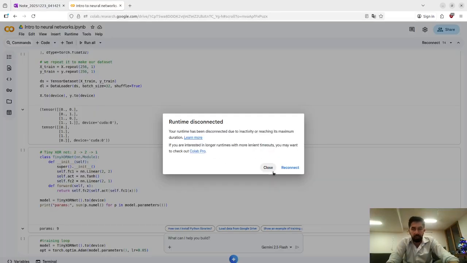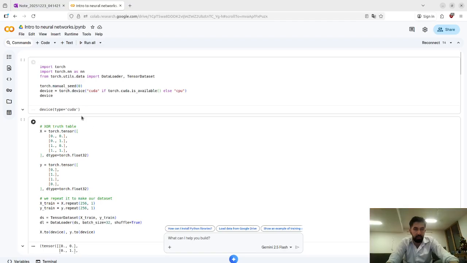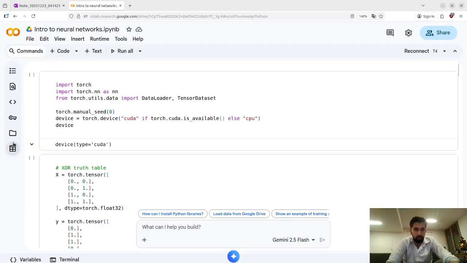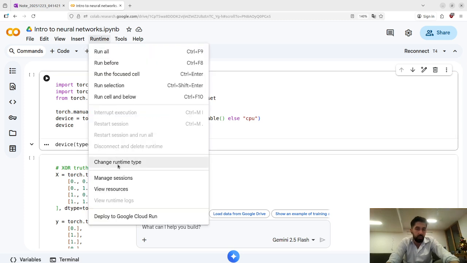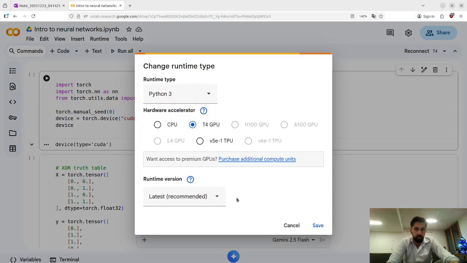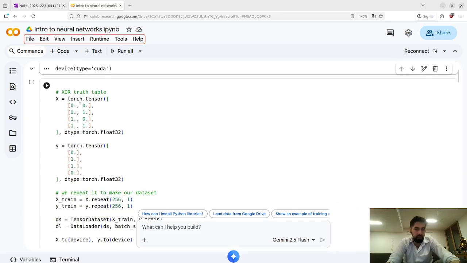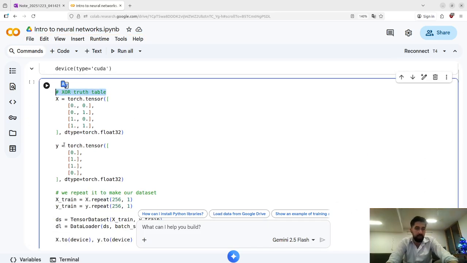So let's look at these tiny two examples I put over here. First we initialize, we try to turn on the GPU. Don't forget to change the runtime type to GPU to make it run in parallel. Here I'm doing the XOR operation, and in case you didn't know, the XOR, if you have the same,